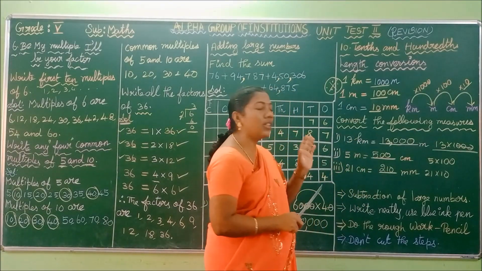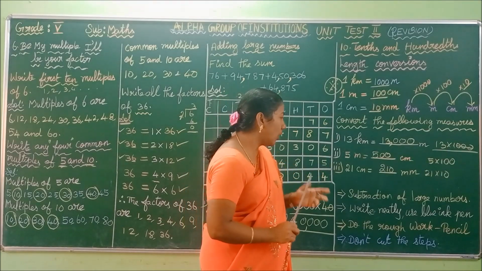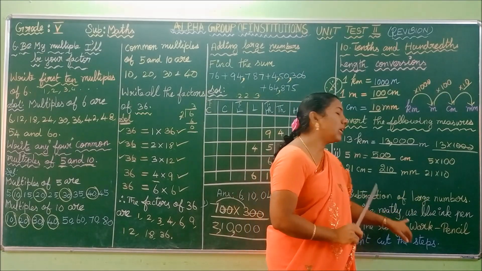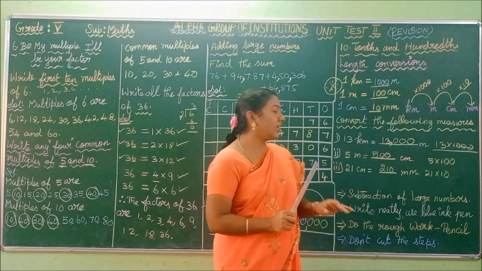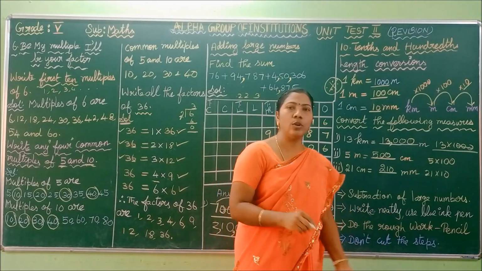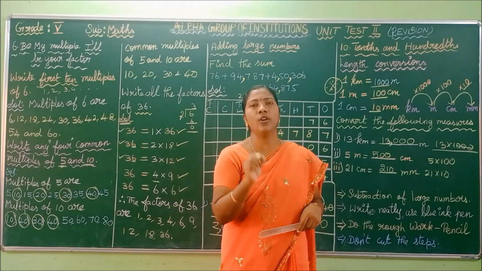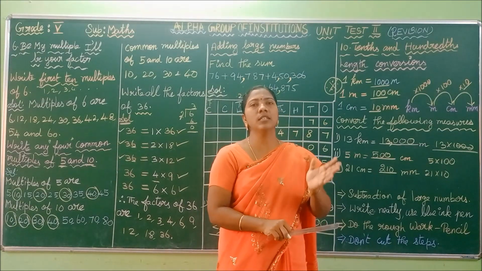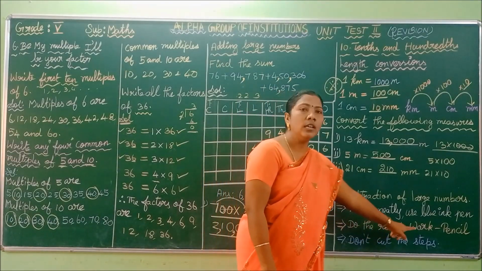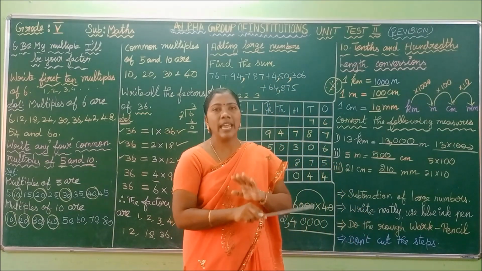Okay. So children, what are the instructions you have to follow in the examinations? You also have to revise the subtraction of large numbers, children. You must use the blue ink pen to write the answer and write the answer neatly, children. And for your rough purpose, you have to definitely use the pencil. For the neat sum, you have to definitely write the rough work. Okay. If the sums do not have rough work, definitely I will reduce the marks. So write the rough work definitely. Next, you don't cut the steps. You have to do the sum elaborately.